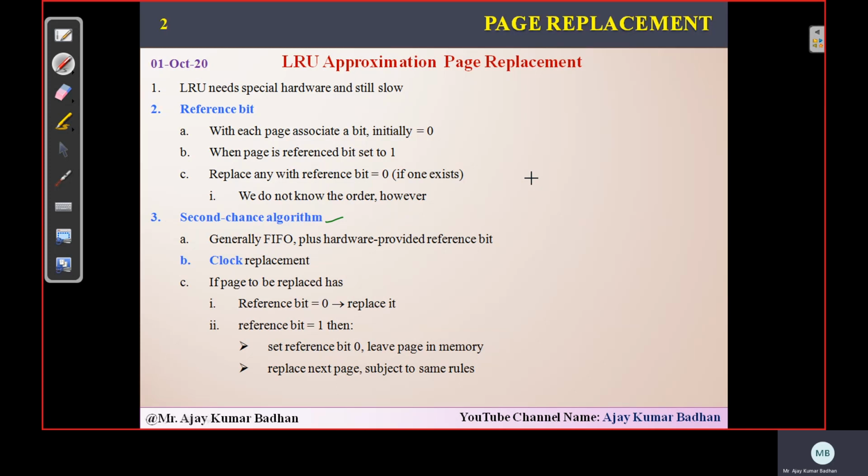Now, whenever we need to find a page to be replaced with a new page within a frame, the system tries to find which frame we should take as a victim. Whenever it selects a page, first its reference bit is identified. If the reference bit is set to 0, then that means we can replace that particular page. Remember that. So it's very clear.